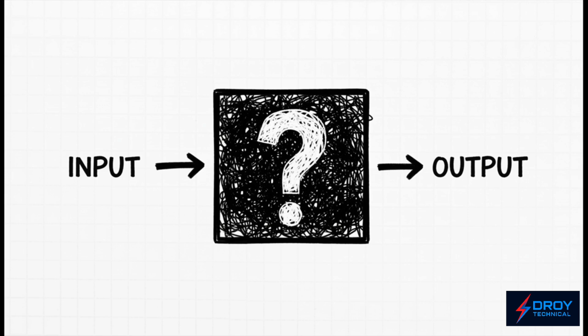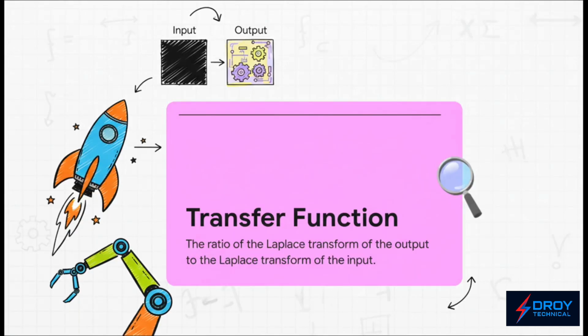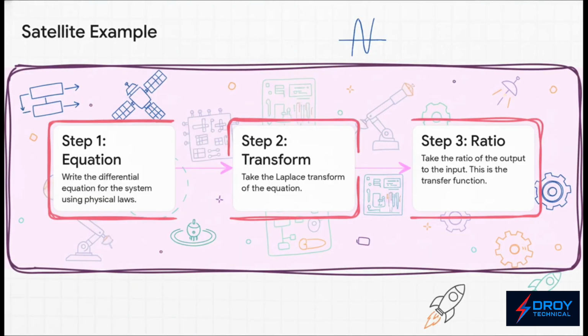That's it. Input, output. The main tool for this is something called the transfer function. Now that definition might look a little scary with Laplace transform in there, but don't worry about the math. Just think of it as a super clever mathematical trick that turns complicated calculus problems into simple algebra. At the end of the day, the transfer function gives you one clean equation that perfectly describes that input-output relationship for the entire system.